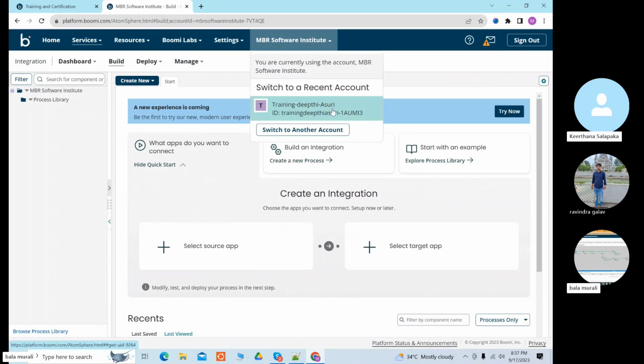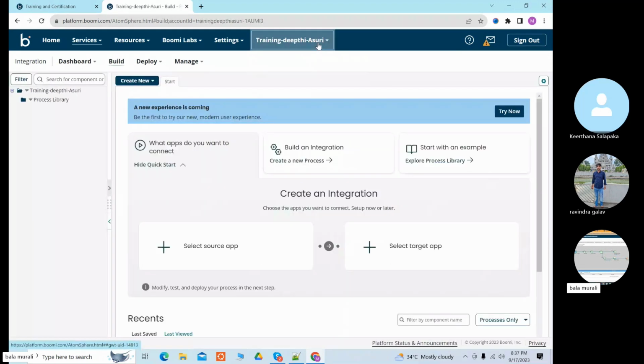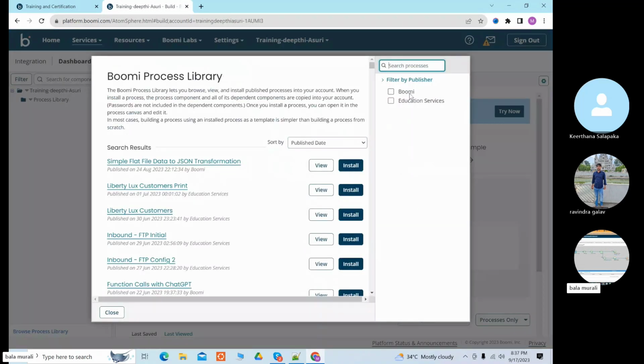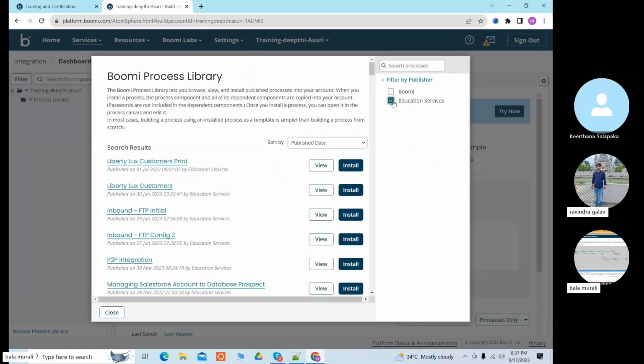That is the reason why I have given access to my account. With your account only, you can switch to my account. Because the difference between the process library, if you see here, you'll be having this tab called educational services. For educational services, you need some payment, means you have to buy it there. For sharing and everything, you need some payment. So that's the reason I have given you this account. You need it only for the certification purpose. Once the certification is done, you do not need this account.